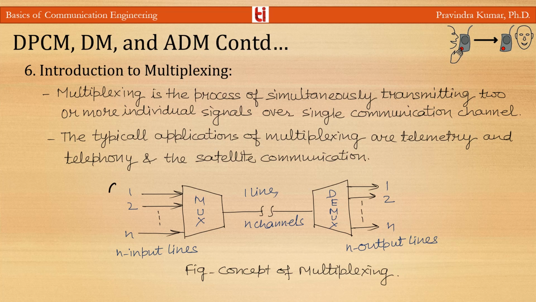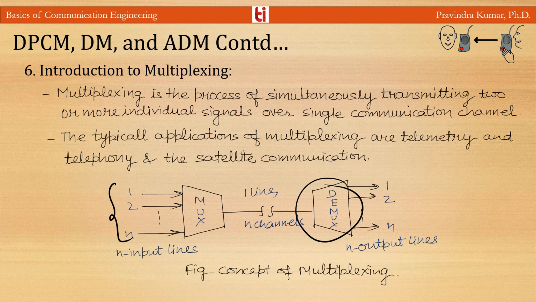The multiplexer receives a large number of different inputs. The multiplexer has only one output, which is connected to the single communication link. The multiplexer combines all these input signals into a single composite signal and transmits it over the medium. At the receiver end of the communication link, a demultiplexer is used to separate out the signals into their original form, and the operation of the demultiplexer is exactly opposite to that of the multiplexer. We will discuss this multiplexing in more detail in the next lecture.